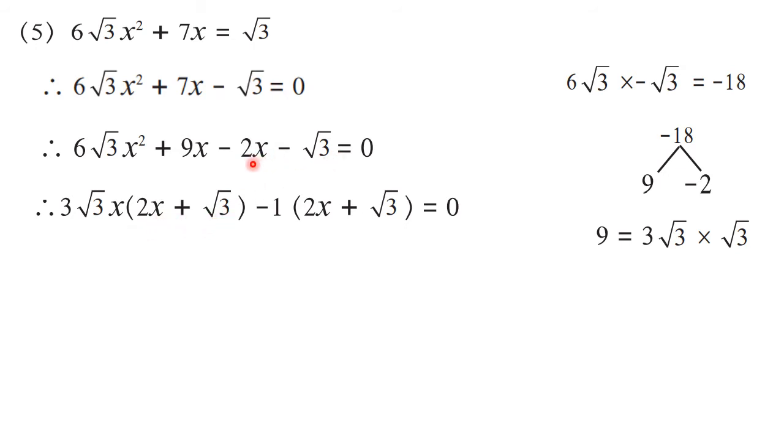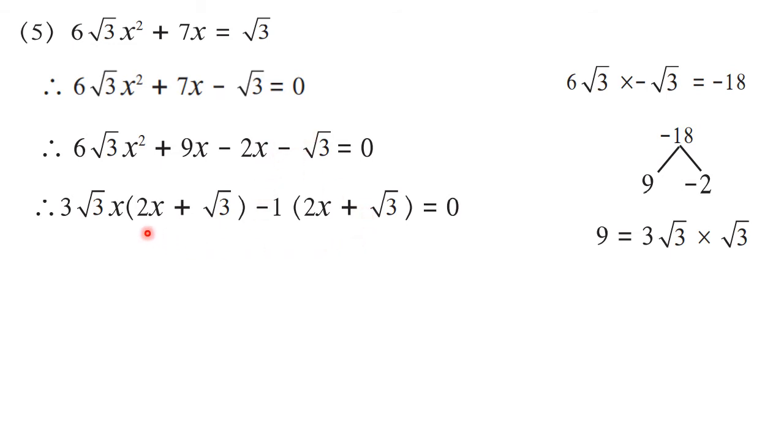Now see these two terms. Here nothing you can see common. So in that case you have to take 1 as a common and take the same symbol which you have here. So minus 1 is taken as common and therefore here the sign of this second term is changed. That is 2x plus root 3. I told you that these two brackets should be same because again we need to take them out common. So here, without thinking much, you have to copy the same bracket here so that you will not make the mistake of sign here. See, this minus sign is taken out common. That is why here minus has become plus.